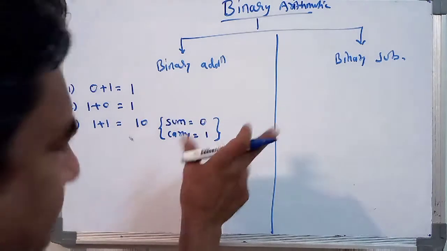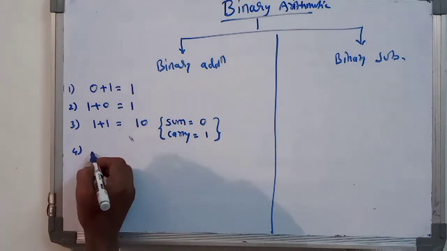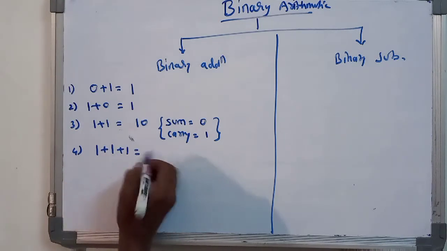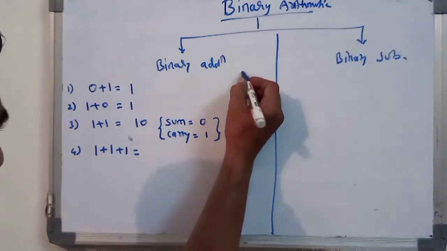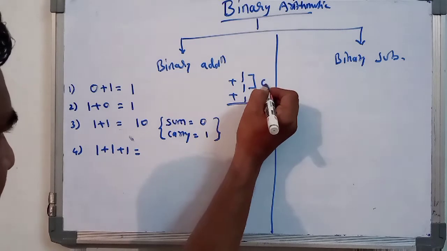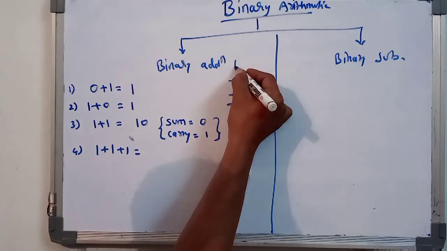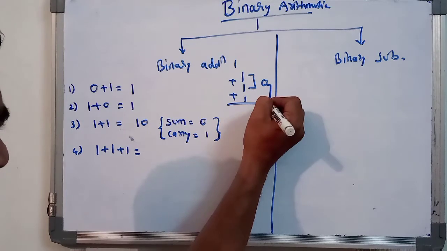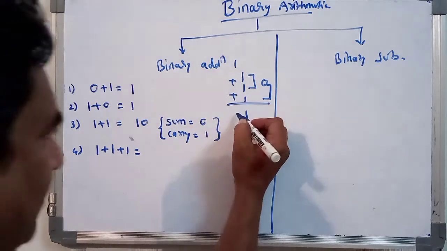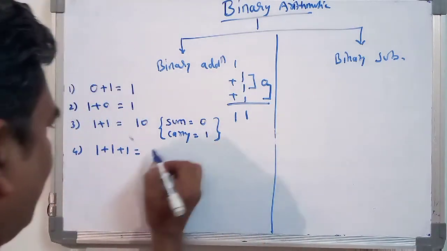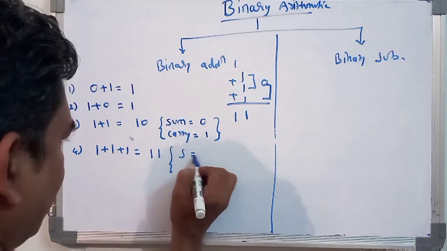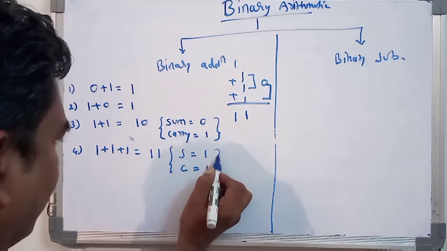You may indicate like this. Then the fourth number, that is, suppose you have the 3 number, 1 plus 1 plus 1. What will you be getting? You may add 1 plus 1 plus 1. As I told you, 1 plus 1, the sum is 0 and 1 is carry. This 0 plus 1 will be added, so you will be getting a 1 here, and whatever 1 you have carried has to be written like this. So the 1 is the answer. Again you may say that the sum is 1 and carry is 1.